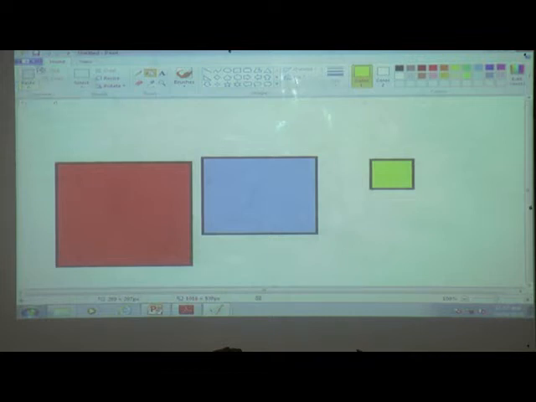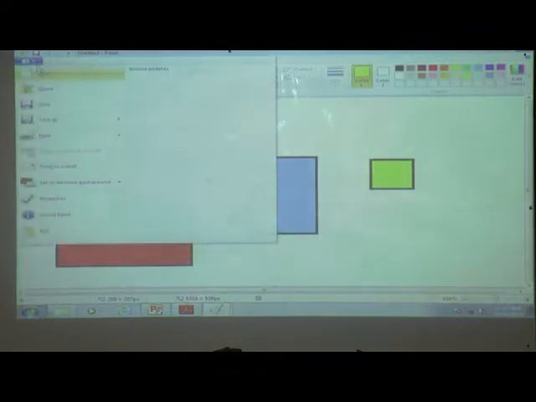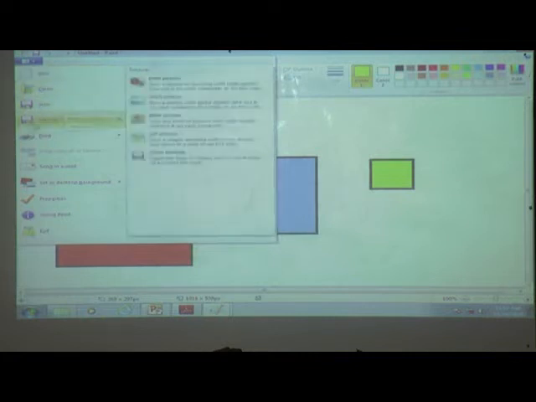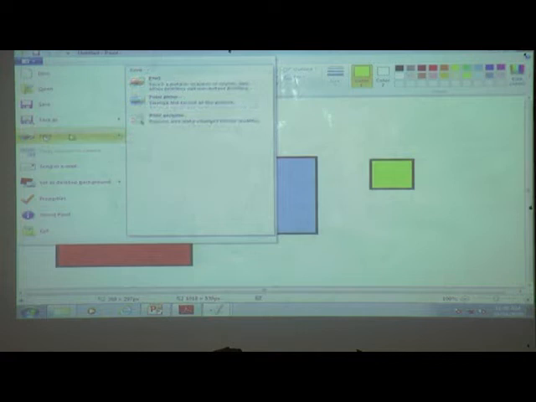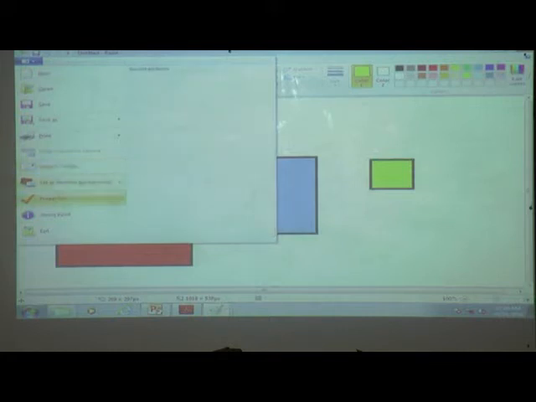Click on this button and you see, same as in Notepad, it also has different options: new, open, save as, print, exit, set as desktop background, send email, properties, about page. The uses of these different menus are different.